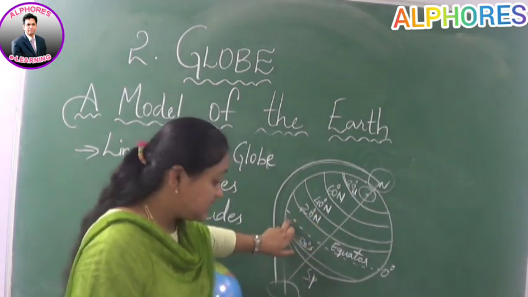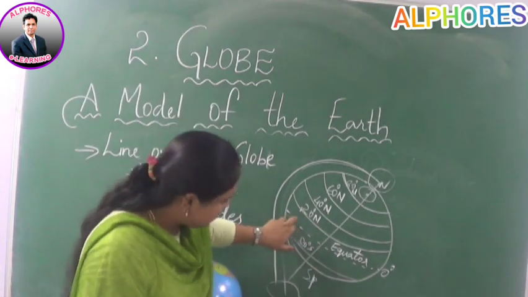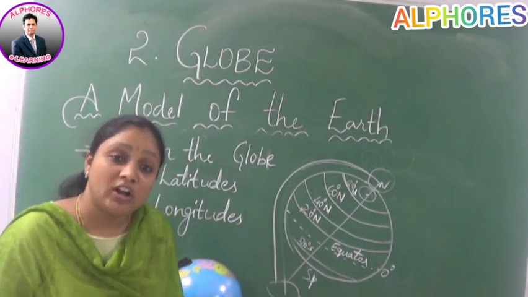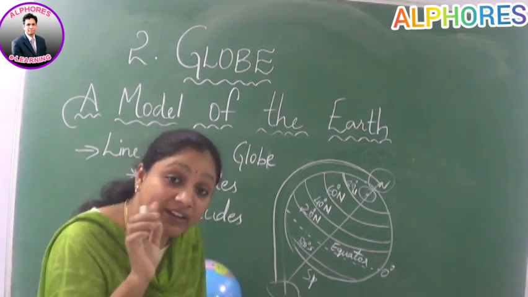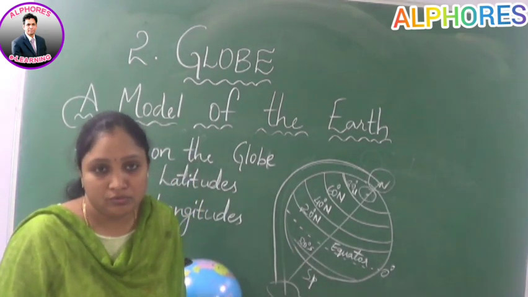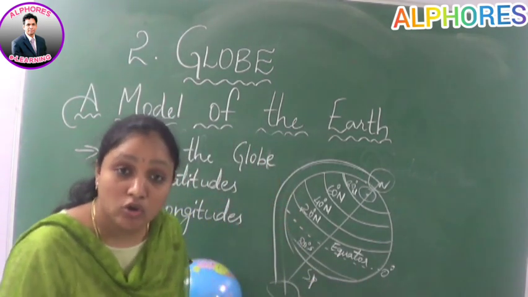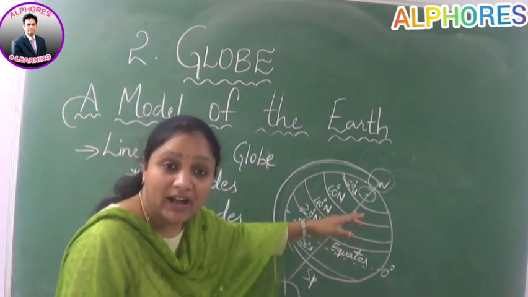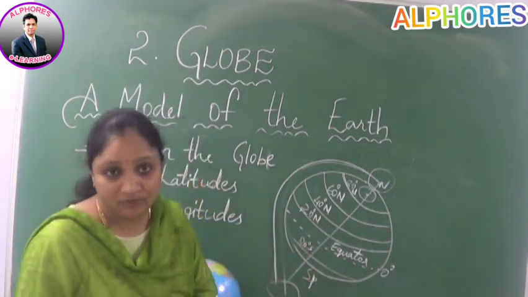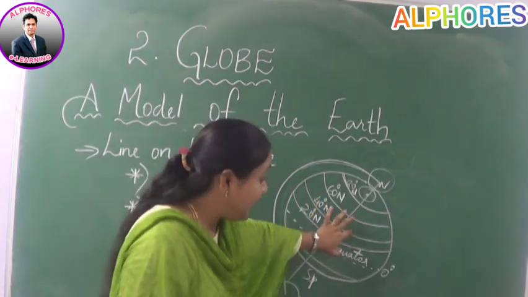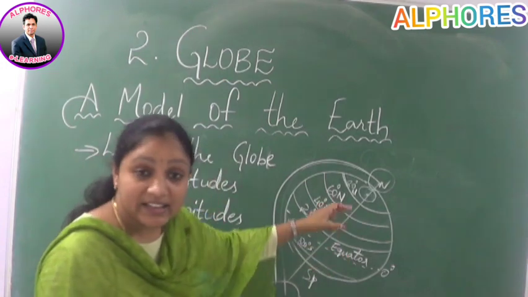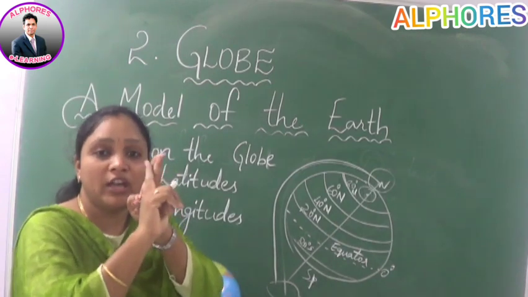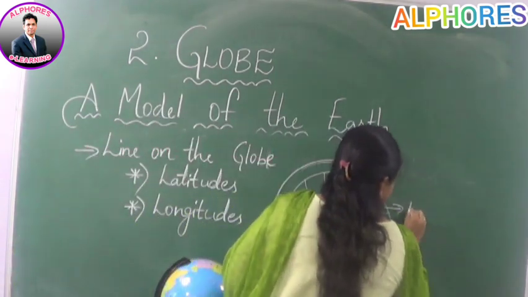In between these, you can see one dotted line, right? So this dotted line is called the equator. Okay, it is called the equator. This is one of the important lines of latitude. This equator helps us to divide the earth into two equal parts. That is, we can make the segregation of two hemispheres, that is, the northern hemisphere